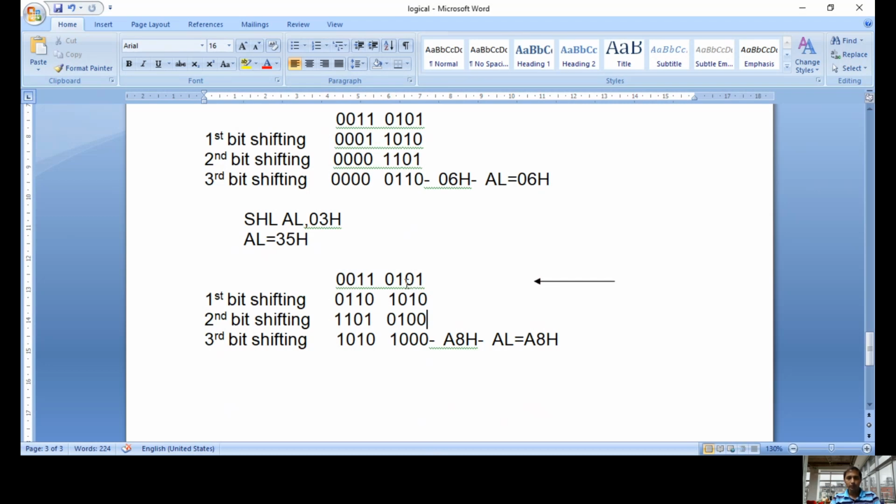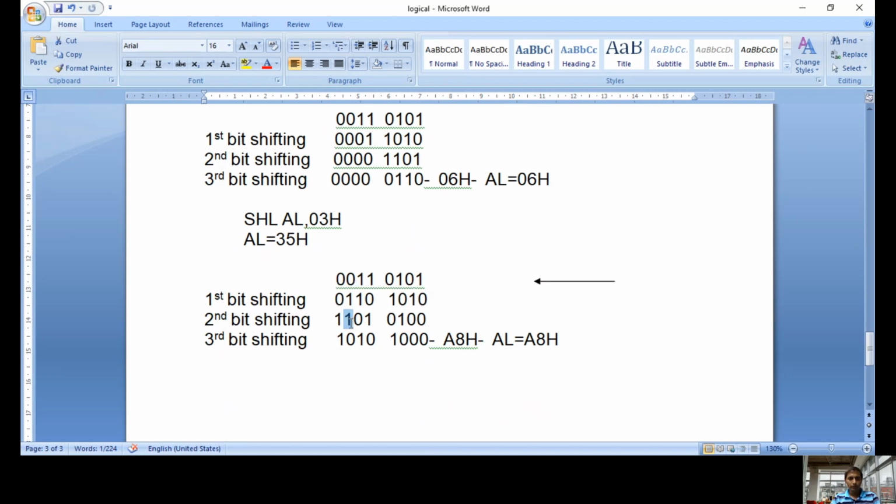1 comes here and the remaining bits occupy the next positions. Here 0, 1, 0 occupies the next 0, 1, 0. Then this 1, 1, 0 occupies the next 1, 1, 0. So there is no place for this 0, so this 0 will come out. Next, the second bit position is also the same. This 0 will occupy this position, then the remaining bits will come accordingly. Then this 0 will go out. Similarly, in the third case also this 0 comes into the next position and the remaining bits occupy the next positions accordingly. At that time this one will go out.